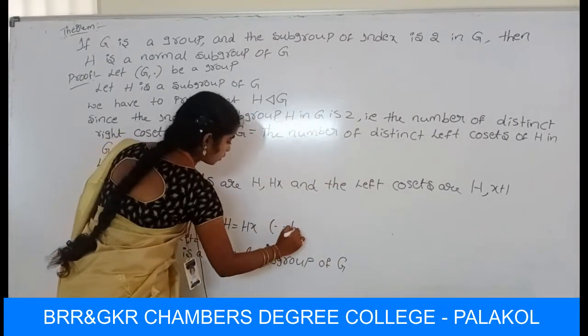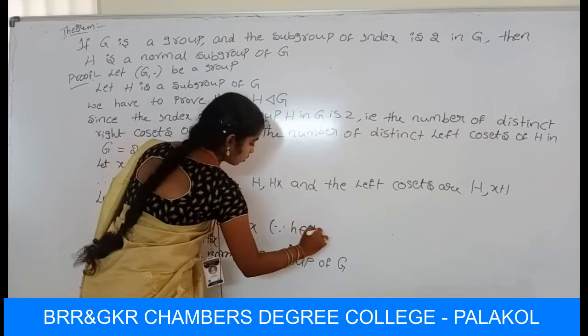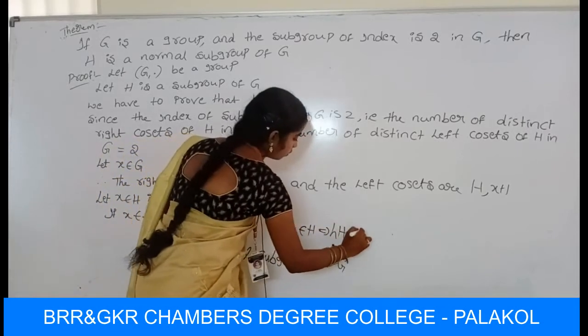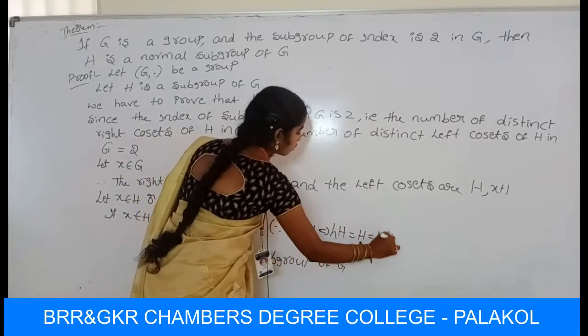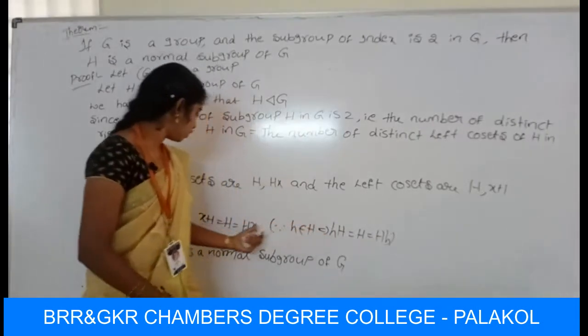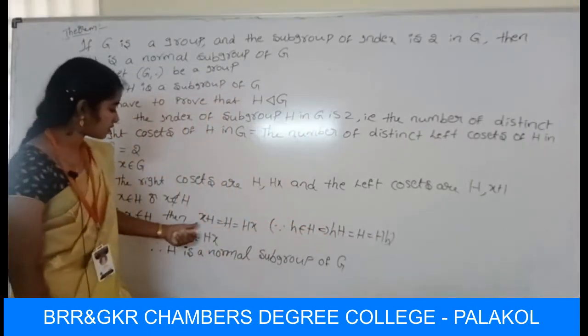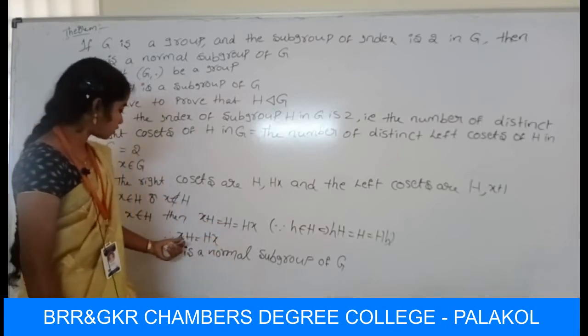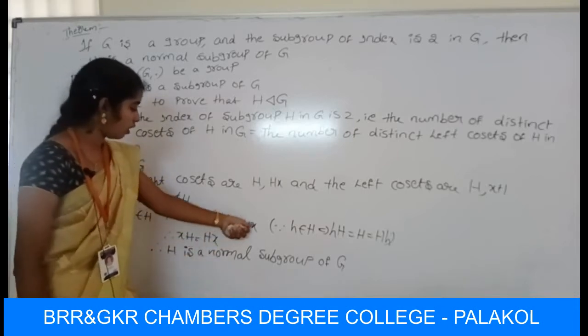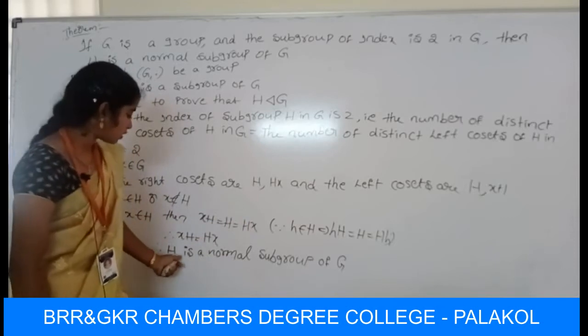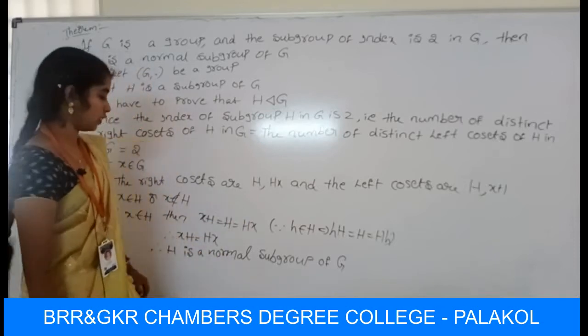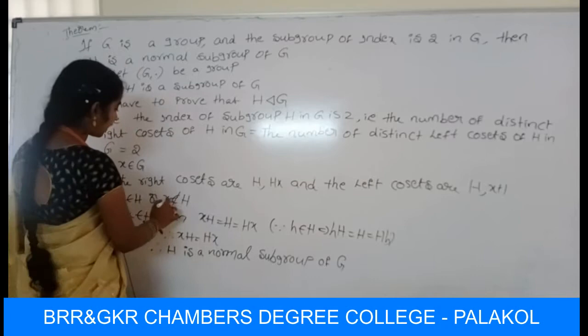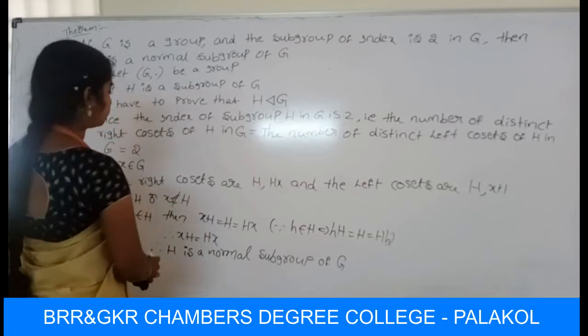Brackets, since H belongs to H, so that means HH equal to HH. So by using this theorem, X belongs to H can be written as XH is equal to HX. So therefore XH equal to HX. So H is a normal subgroup of Z. So next, if X does not belong to H,